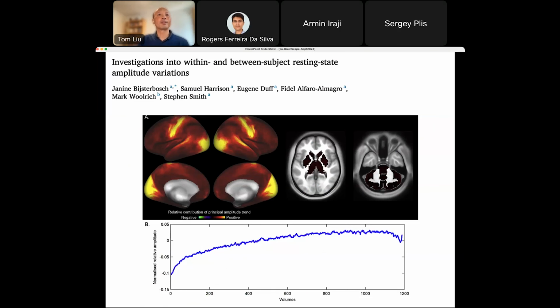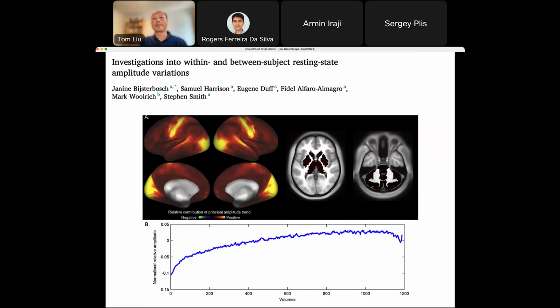Now, there has been similar work done. This is a nice study using data from the HCP, looking at the global signal amplitude as a function of the time throughout the 15-minute HCP resting state scan. And as you can see, the global signal amplitude is steadily rising as they're going through the scan. And given what we just saw, that means that when the global signal amplitude is increasing, their vigilance level is